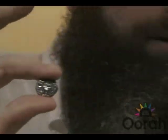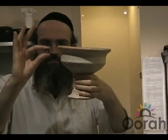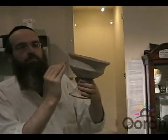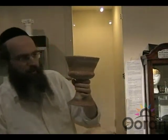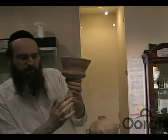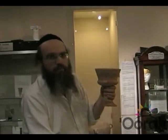This right over here is an actual chalice. This is not from the Beis Hamikdash, but its shape and its design matches the one on the coin. And they had variations of this keli. Some they would paint with beautiful designs and then put it in a kivshan shel eish and then fire it. This is a very beautiful one. This one right over here is a little narrower, and you could see some of the red paint that was painted onto it before it was put in a kivshan shel eish. And this was fired, and the color stayed because being in the kivshan shel eish, it protected it. So here's an example of a regular household utensil that had the same shape as a kolal,